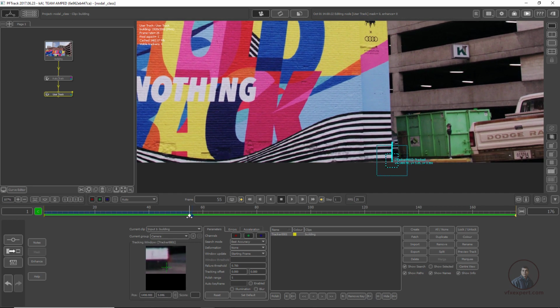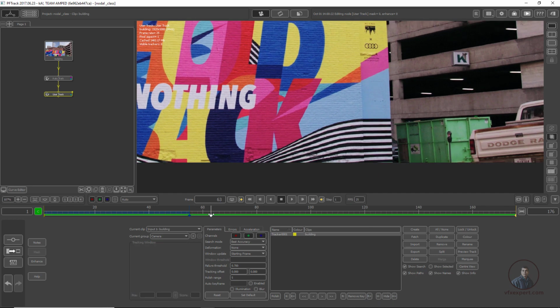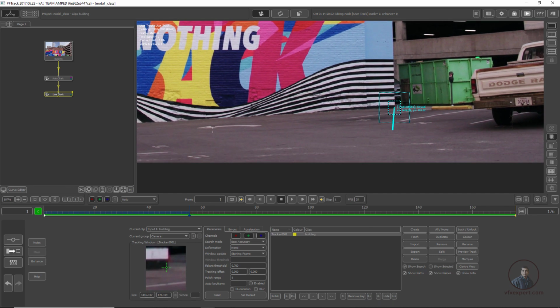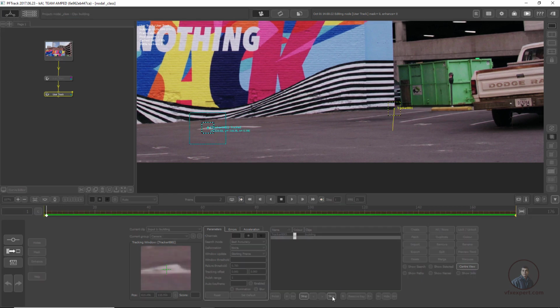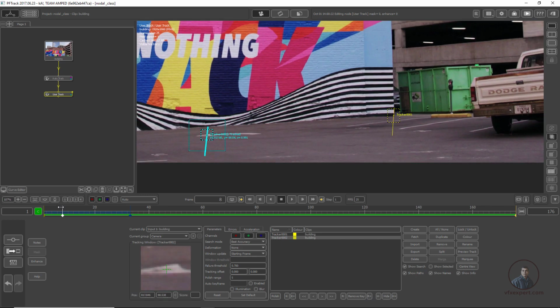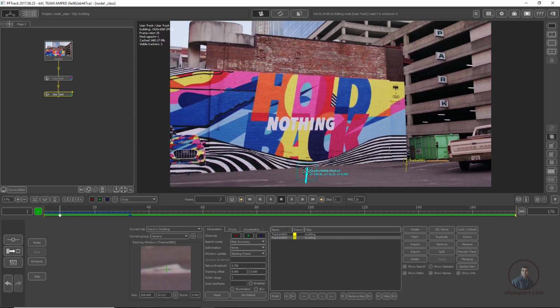I think till here this is correct. Then, if you have generated any inaccurate data, first you have to delete, then you have to hide: R plus, then H plus. Okay. So after this, no tracker is visible. Now the same, I am going to track this point also. So I have tracked two more points.